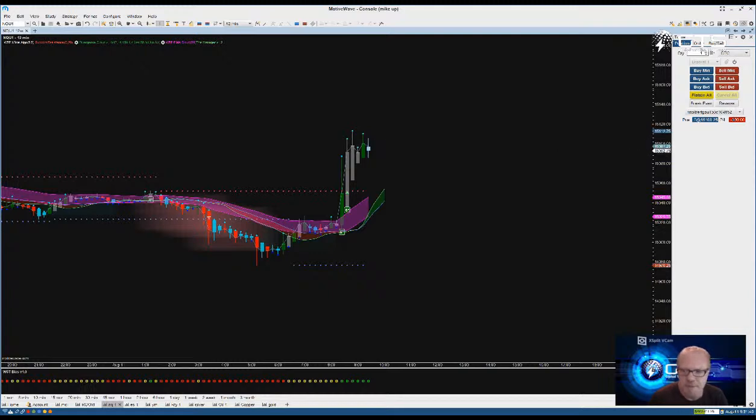Not one to break it. It's trying though. Definitely trying to break this. Trying to get up there. That's what we're trying to do. There she goes, guys. 95. Almost there. 97. Just at 97.50 is what we need to hit.